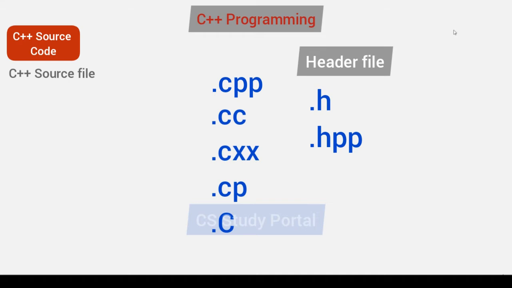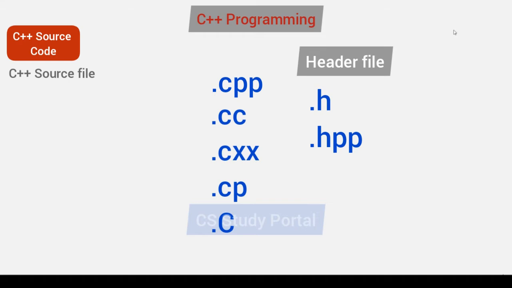For example, let's say we are writing a program and we are creating a feature to add two numbers, and let's call it add. The header file will contain the name of the feature, how many values we have to give to this feature so that it can run properly, and all these things. It will not contain the implementation.